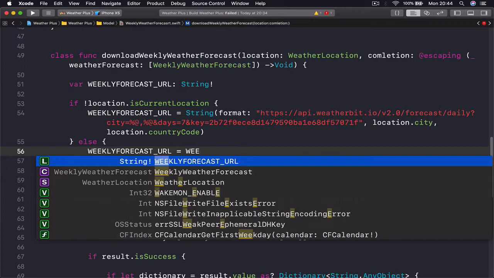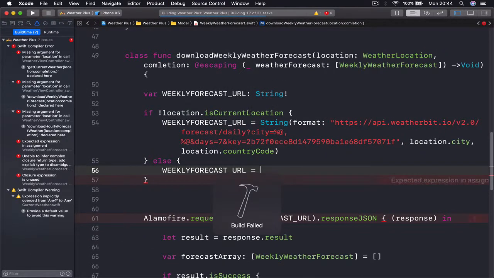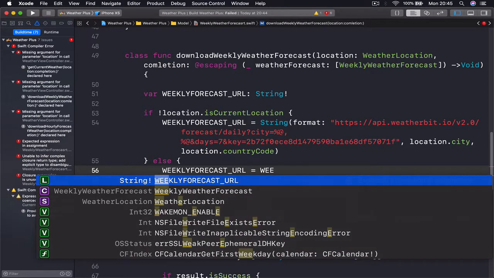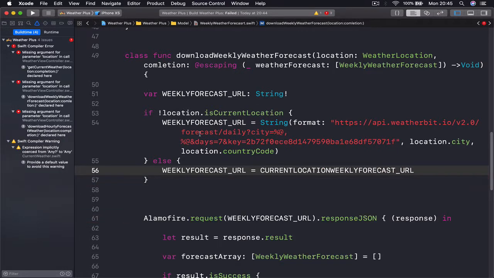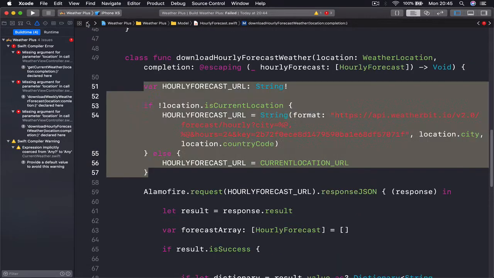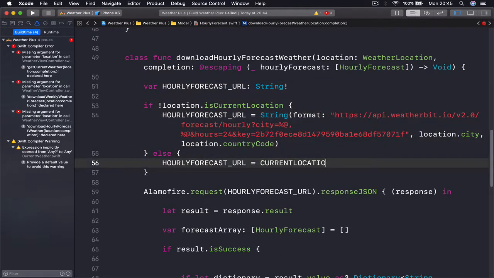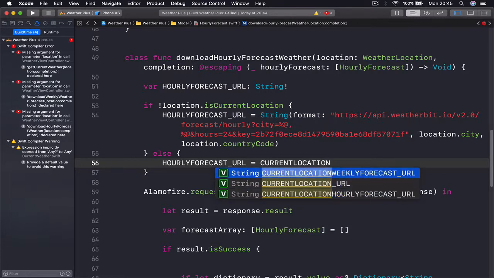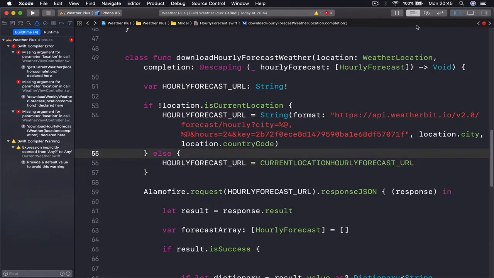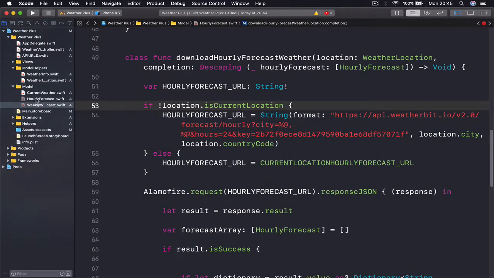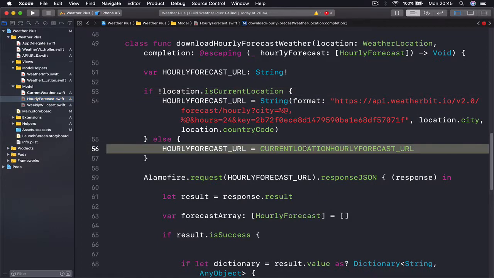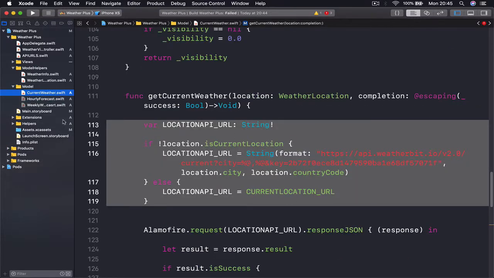Let's press command build to get our file sorted, and this is current location weekly forecast URL. And in our other file, actually, we need to do the current location hourly forecast URL. So this will be correct. Right, I think we are done with this. We shouldn't have any more problems or any more edits here. So let's just double check it. So we have hourly, current location, okay, and our weekly,